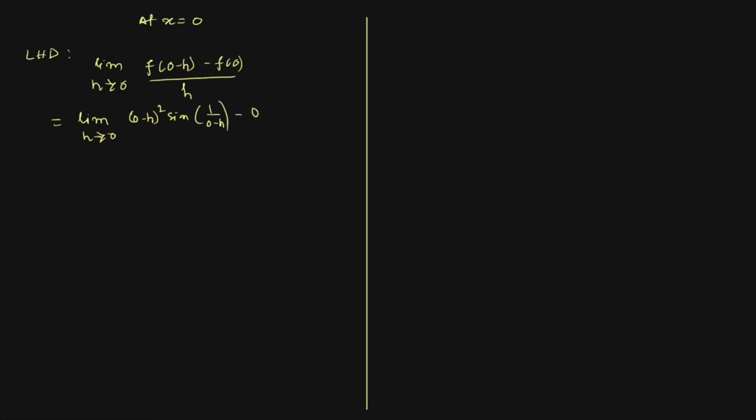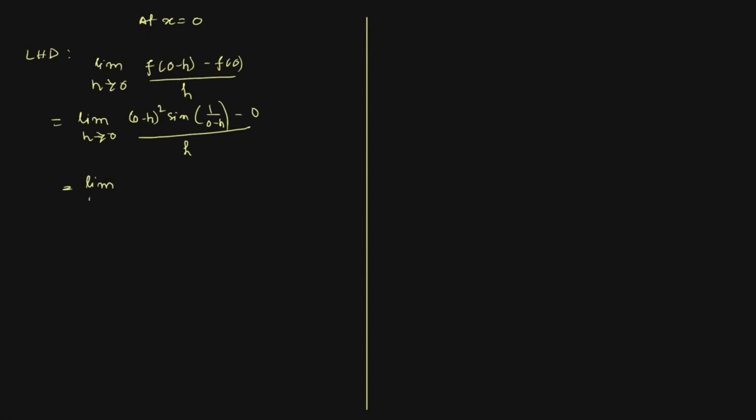Now we check the differentiability of the function at x equal to 0. So the left-handed derivative, that is limit h tends to 0 f of 0 minus h minus f of 0 divided by h, which is equal to limit h tends to 0, f of 0 minus h we are able to write as (0 minus h) whole square sine 1 divided by (0 minus h), and f of 0 means 0 only, divided by h, which is equal to